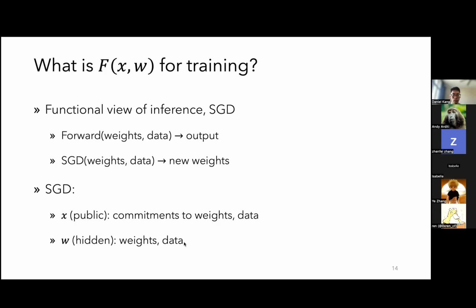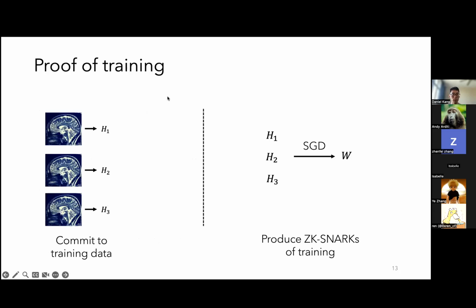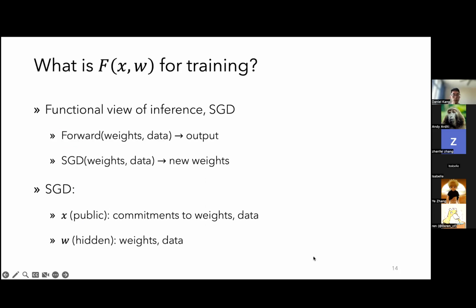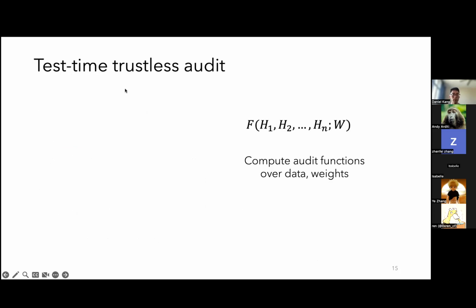Okay, so once we have this proof of training, and here this W is the committed weights, which the verifier doesn't know but the prover does, we can then do test time audits. And I apologize for this F here again, but this is what we'll call an audit function. This is typically done using the forward pass function. So you can imagine doing audits of the form: the data isn't biased, the model performs well, and other kinds of audits depending on the specific application at hand.